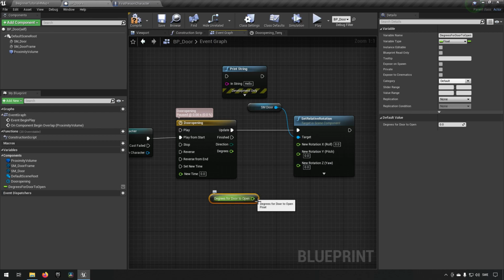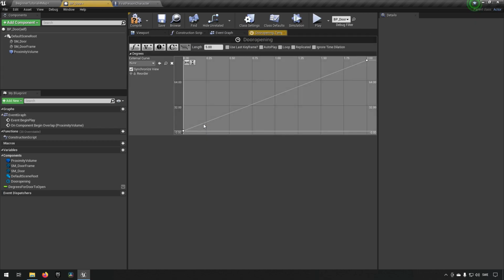So we want to have this amount of degrees to open, but then the timeline doesn't work anymore, because how do you use this value with this value to get the value that we want to have? It doesn't work. Well, we do this by using lesser values basically. If we say a door is supposed to go from 0 to 90, then we can only use it for degrees. But if we were to say that it goes from 0 to 1, the 1 could represent 100%,